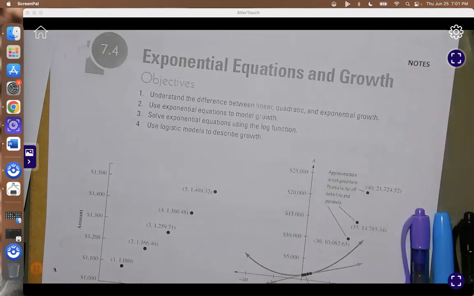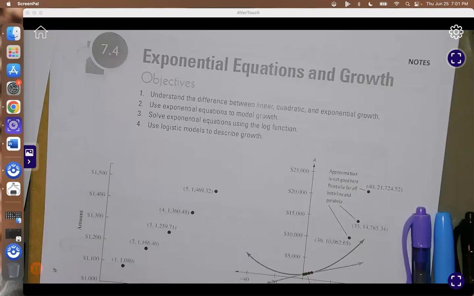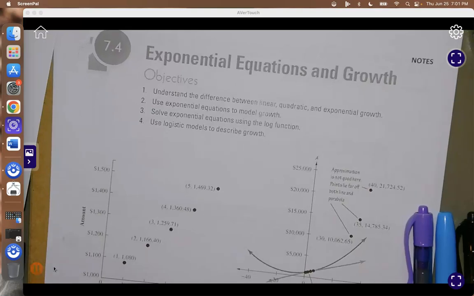Alright guys, today we're going to be looking at section 7.4. The video is going to be broken up into two different pieces, so this first video is only going to cover the first part of the notes, and the second video will cover the second part of the notes. So today we're going to be talking about quadratic regression and